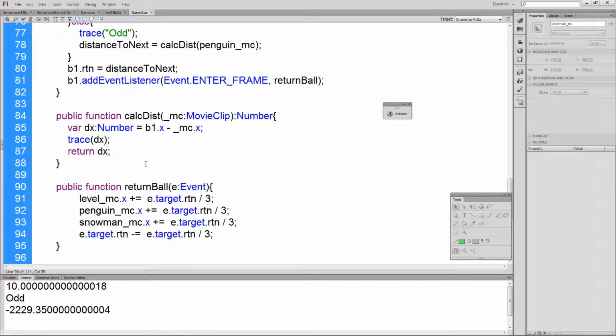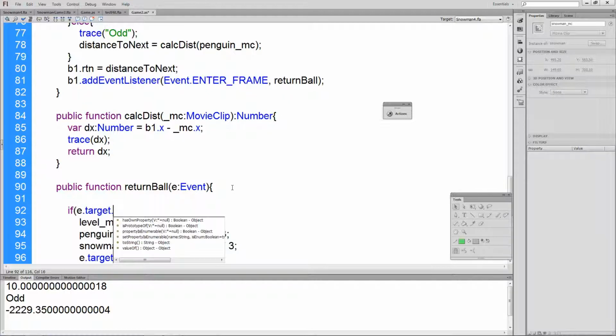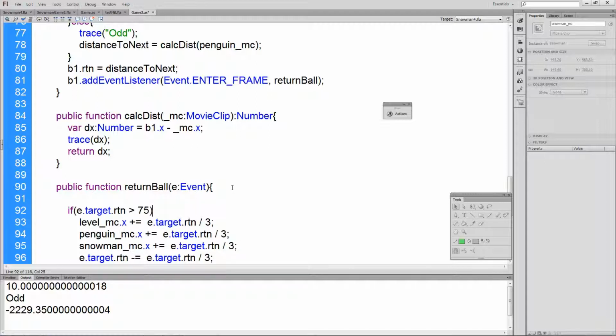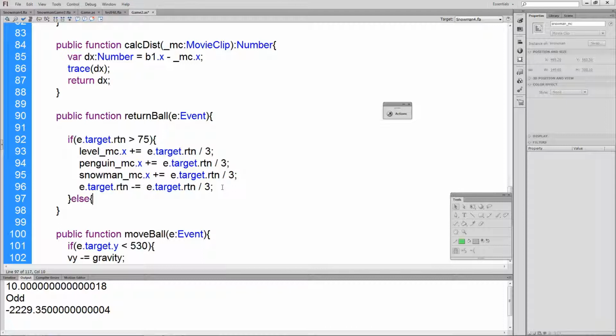But in this example, I don't think we've actually turned the force meter off yet. So let's just check that if e.target.return is greater than 75, and this will probably make it a little bit jerky at the moment,